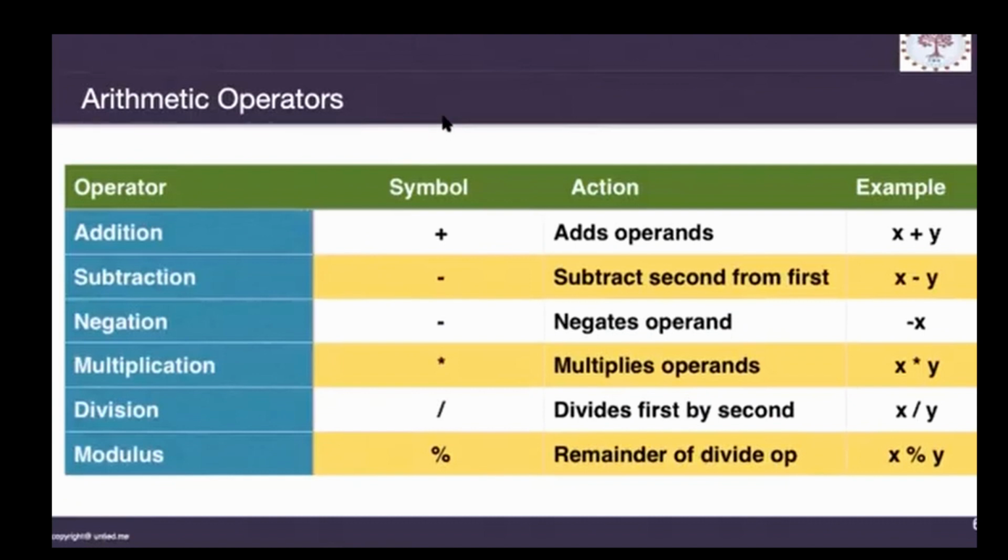So we basically have arithmetic operators, which we understand. If you want to add something, we use plus. If we want to negate, to provide the negative value of the same operand, then we write minus. If we want to multiply, then this is star, and for divide, this. And if we want to take the remainder of the division, then we use the modulus operator.